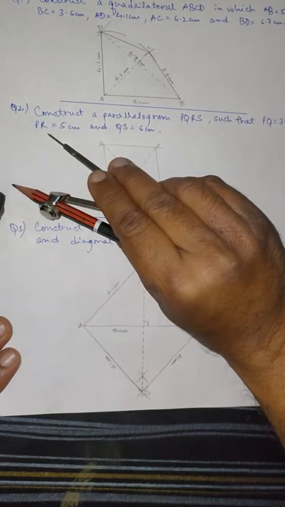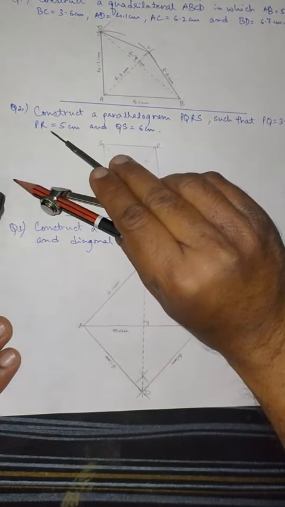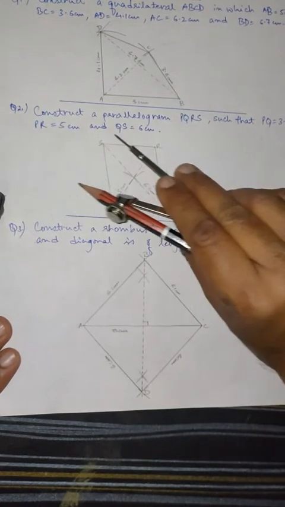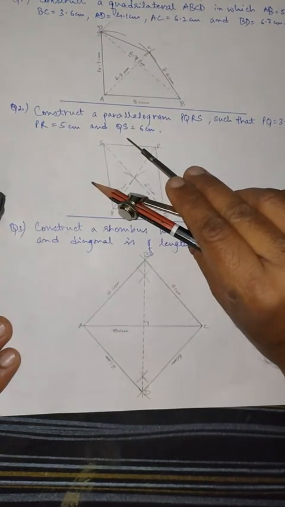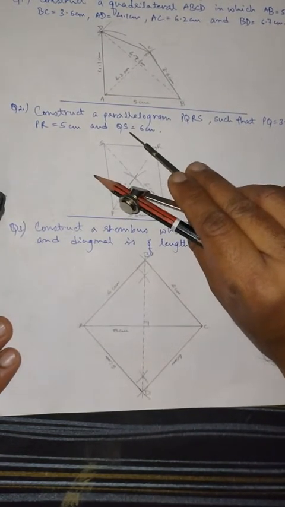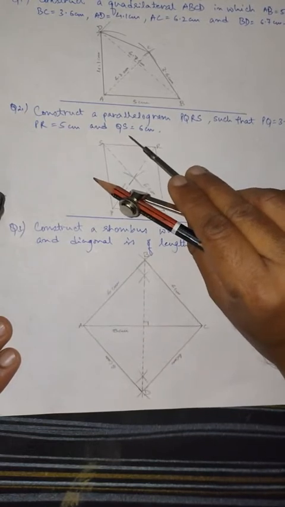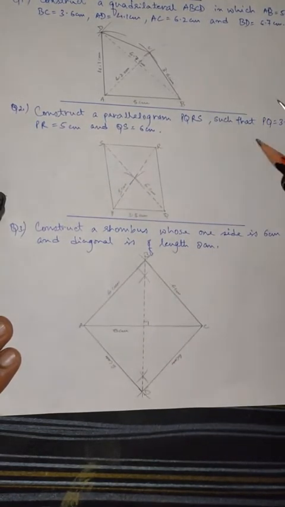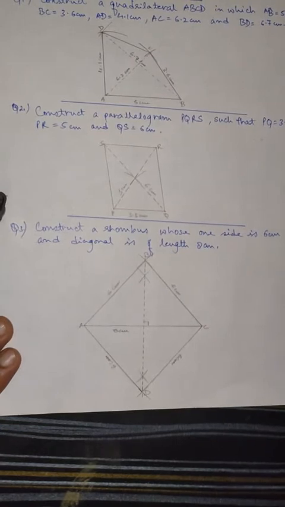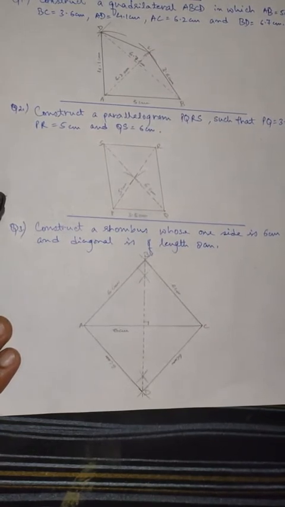And how have I recognized this? Because P and R are two opposite vertices. Similarly, QS is also a diagonal in which Q and S are two opposite vertices. So that means if the length between two opposite vertices is given, it is a diagonal, not the side. So for constructing a parallelogram, we are going to first draw this